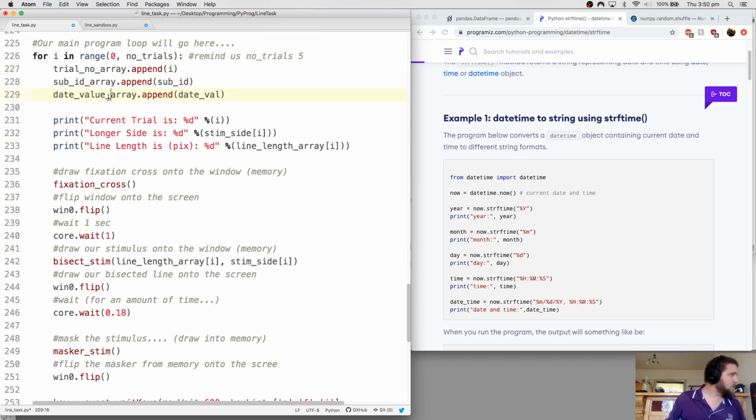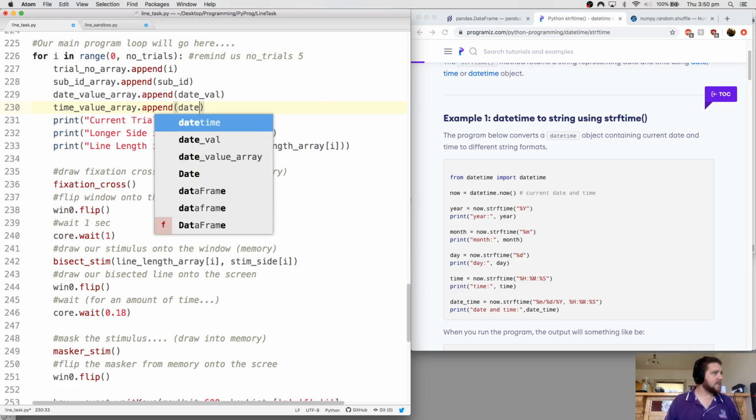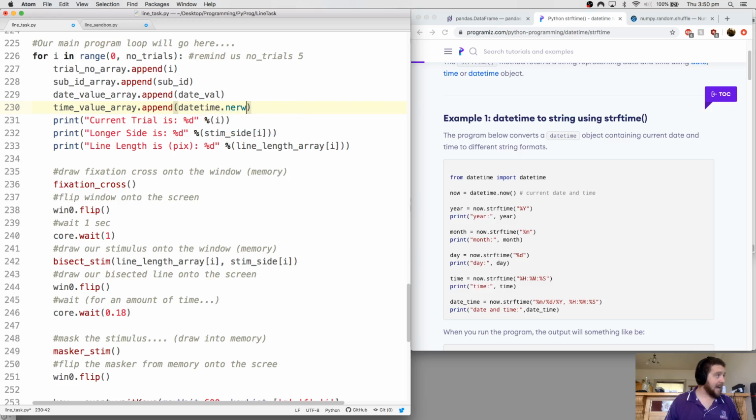But then what we want to do is get the current time each time this loops over, because remember, it's going to take 7 minutes for that subject to get through those 160 trials. Okay, so time value array dot append, and now we want datetime dot now